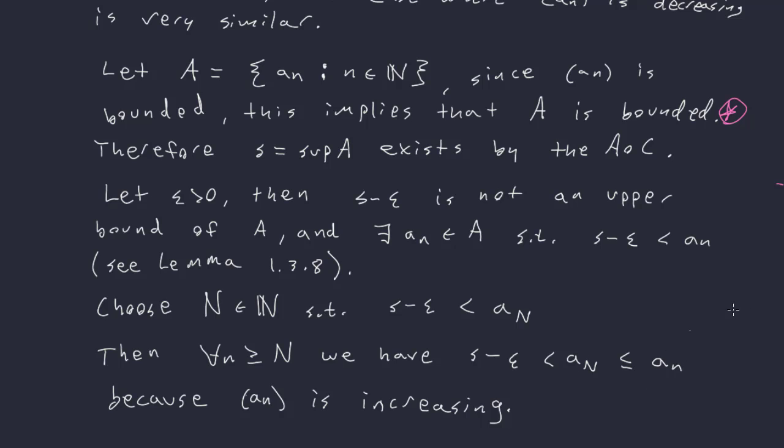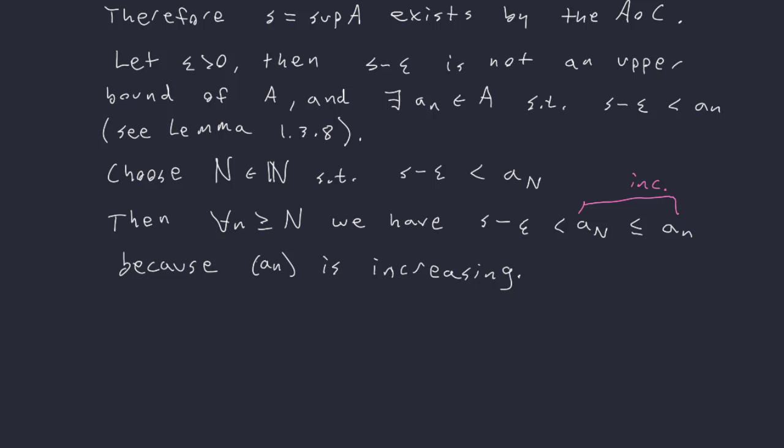Okay? So that's where this piece here comes from. This is the increasing part. Right? Because for every higher n, the value of a will be greater. It's increasing. All right? So then, by definition of supremum, we have that s minus epsilon is less than a sub capital N,